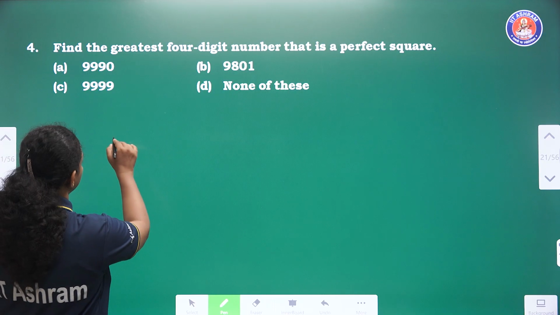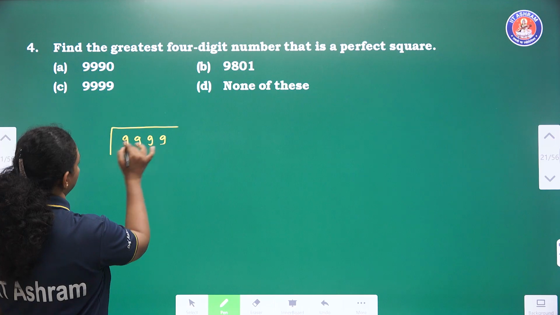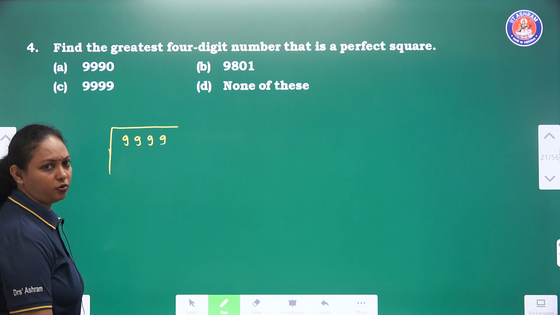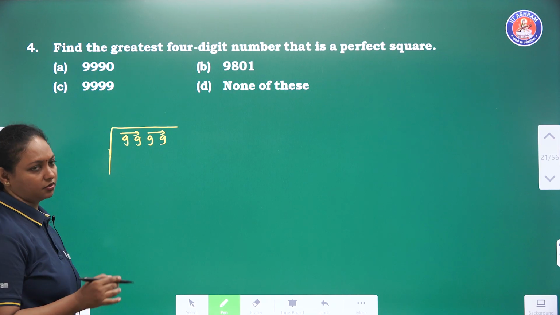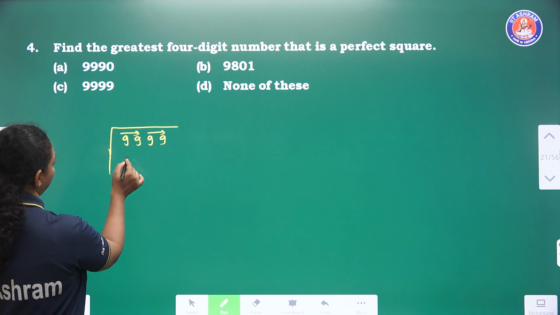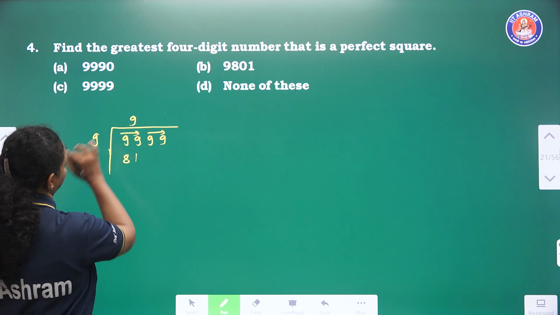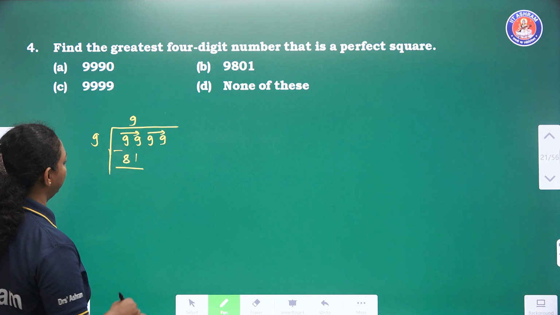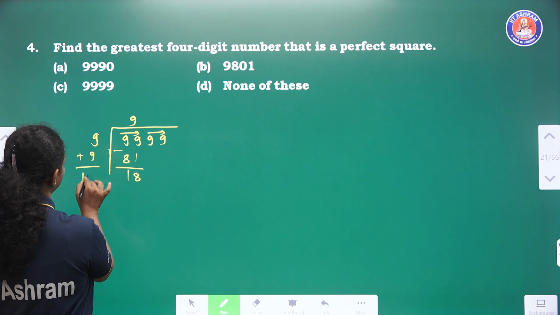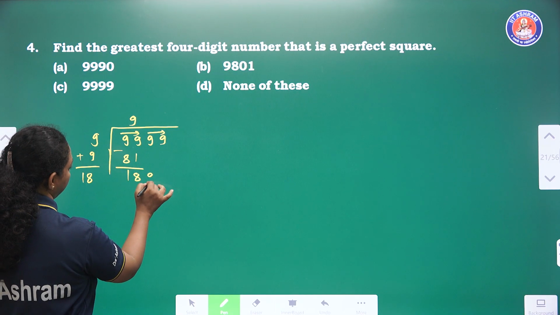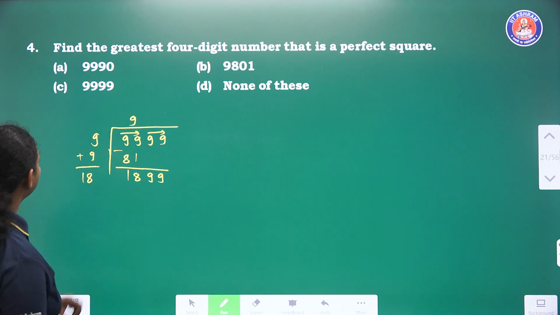The first step: we know that the greatest 4-digit number is 9,999 and we are going to find the square root of that number. For that, what we have to do? Just make pairs, and the perfect square number just less than 99 is 81, where we get 9. 99 minus 81 is 18. 9 plus 9 is 18. Again we carry down 99. So now 18 into,